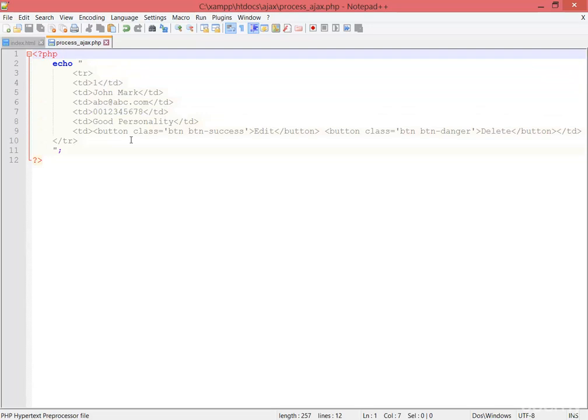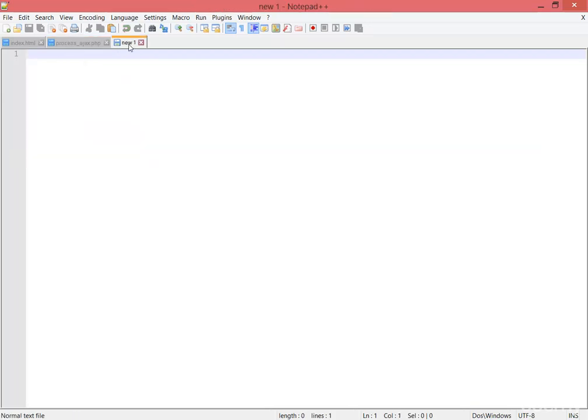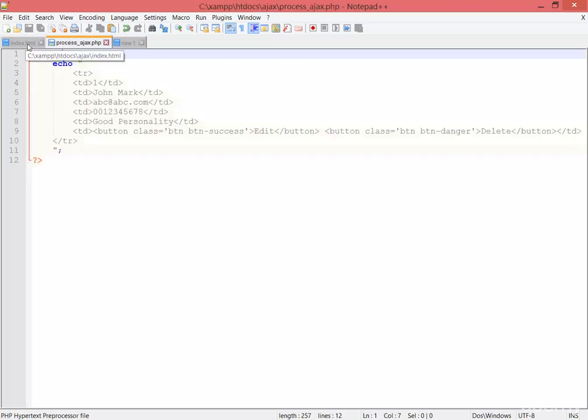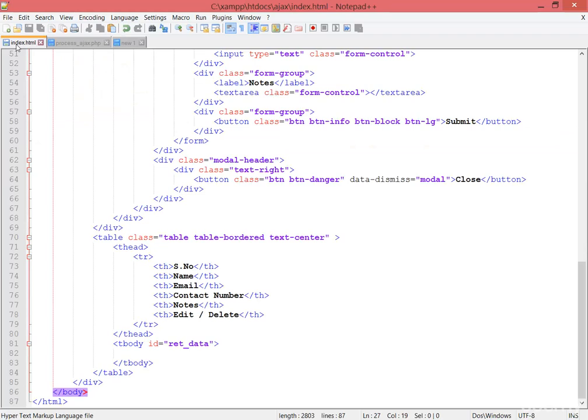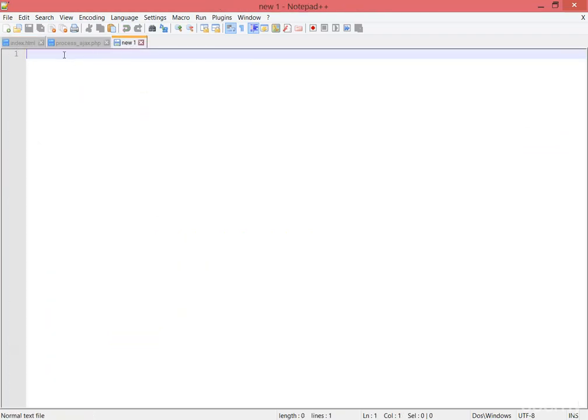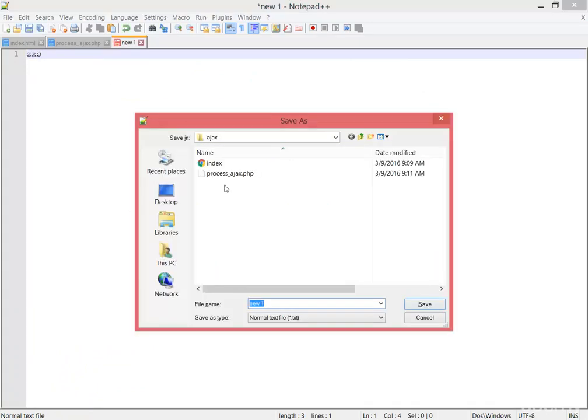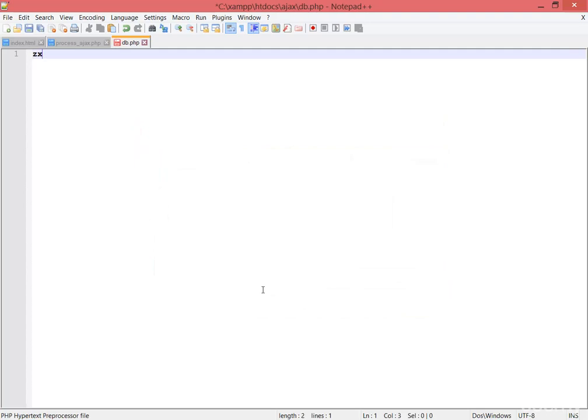Now save, and what more do I need? First of all, I need to make a connection with that database from where we're receiving the data. So here I'm double clicking, because I'm not going to make the database connection on any HTML page. I cannot make the database connection on an HTML page, but I'm not going to do that in process_ajax either. You know how we do that. I'm going to make db.php inside and remove this, and simply open up PHP,